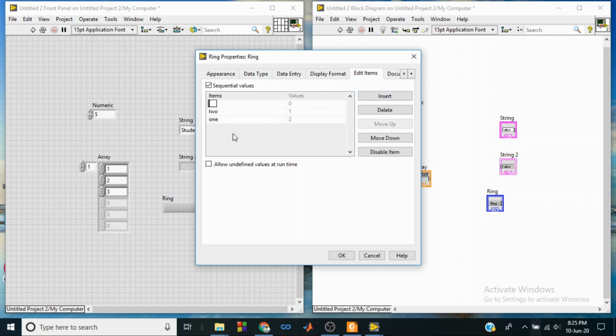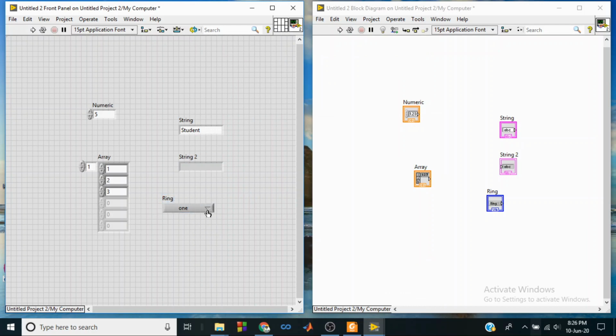I'll just keep inserting several items into this, and then I can reorder the values that are given to the items. Example, just select this and then click move down, and then you can see that the values are changing. Now my 2, I can move my 2 down, and now you can see that 1 has the value 0, 2 has value 1 and 3 has value 2. That's it.